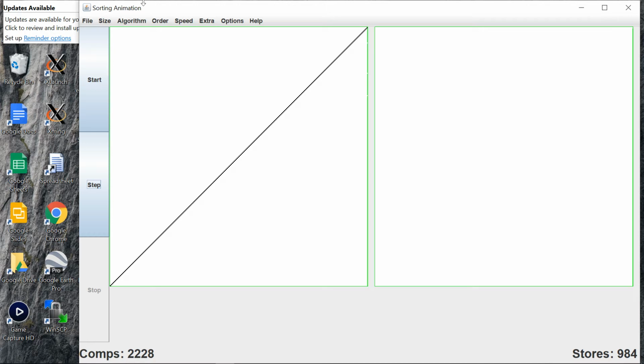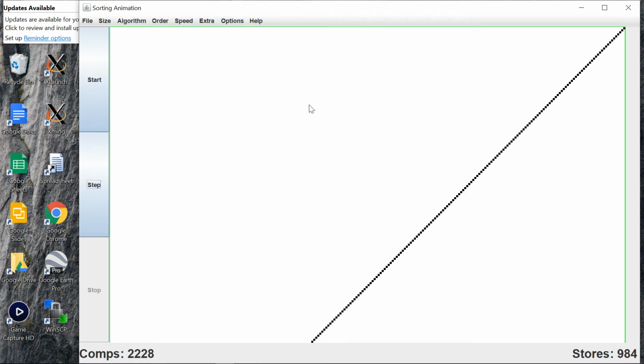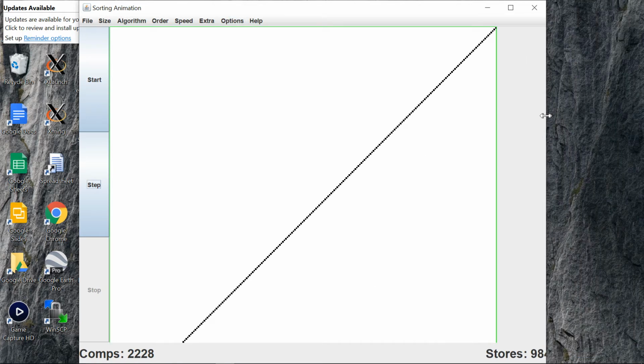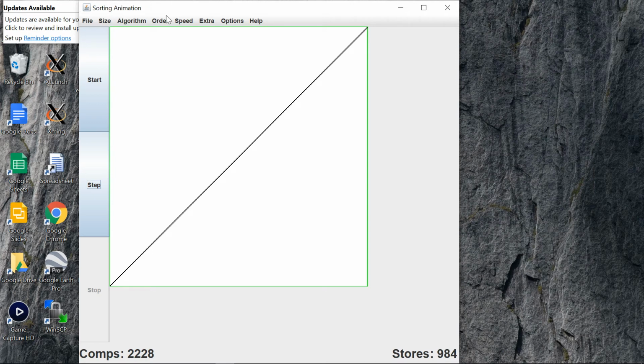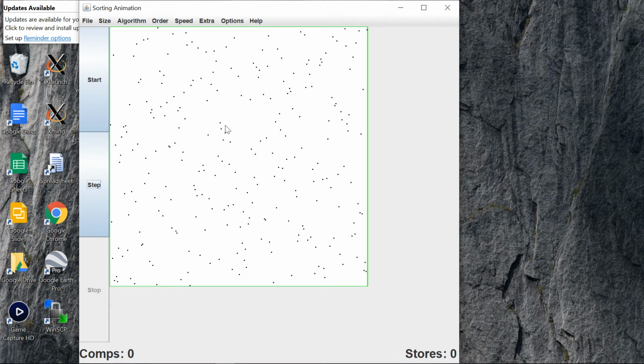Now, it can be really hard to see what's going on with quicksort, so I'll help you out here. Let me turn this extra array off because we don't need it, and make this smaller so you can see it, and permute it. What quicksort does is I take the last element in the array and I rearrange the array so that everything on one side is smaller than the element I picked, and everything on the other side is bigger. Now I've split the array hopefully in half, but not necessarily in half, and then I recursively sort the